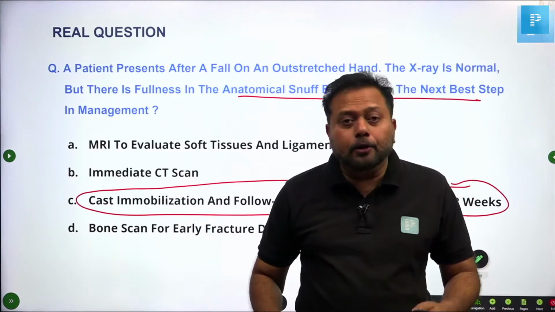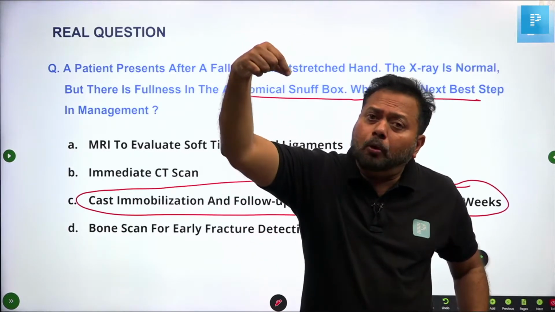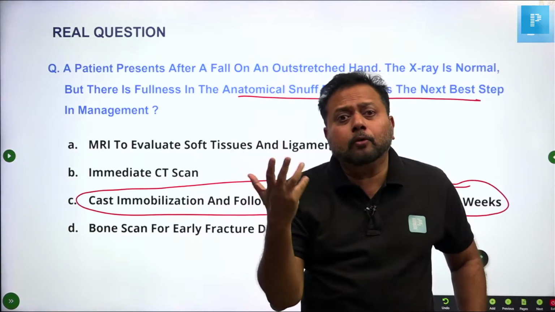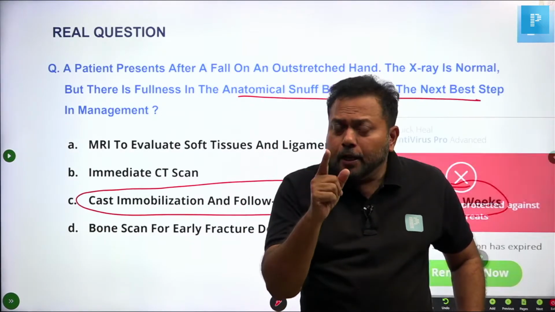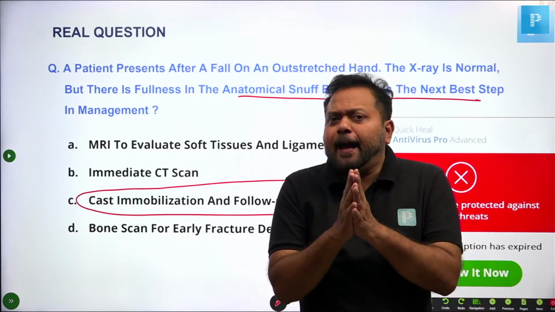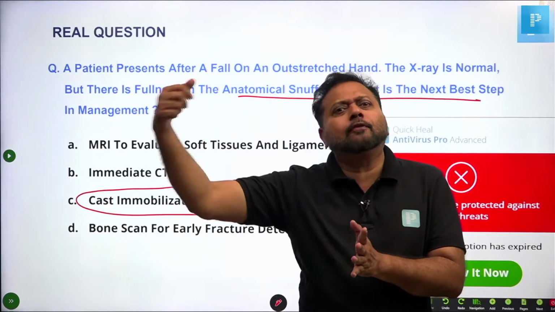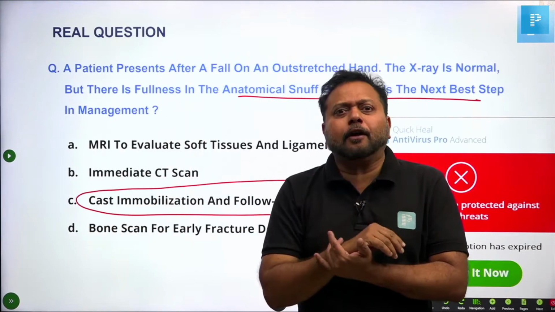Okay, I will tell you, because of the dreaded complication: the radial artery enters through the distal pole. The common site of fracture is the waist, so the proximal pole will go for avascular necrosis, and that's called Preiser's disease. Once you know the age group of scaphoid fracture, it commonly happens in young adults. Fall on outstretched hand, elderly will go for Colles fracture. Fall on outstretched hand, young adults will go for scaphoid fracture.